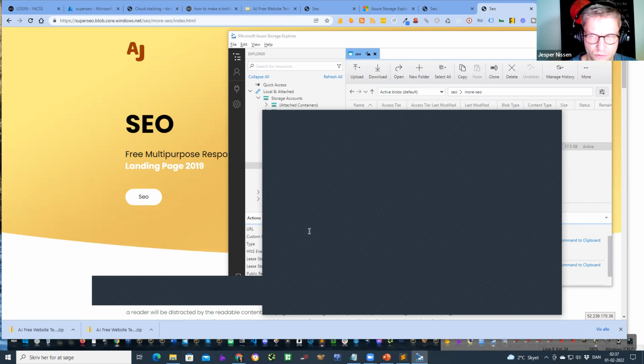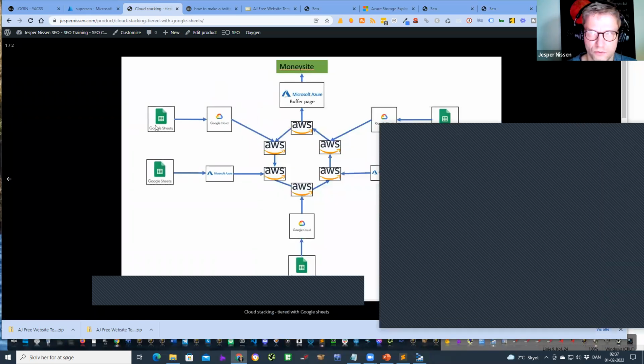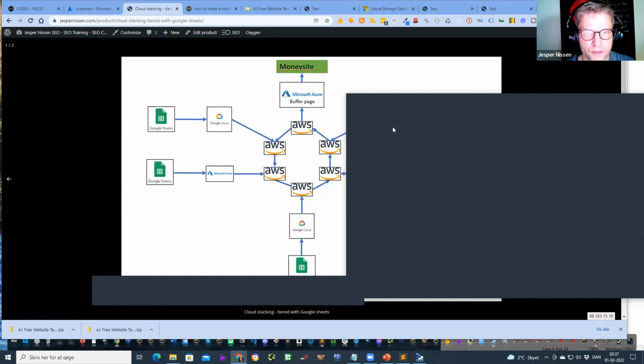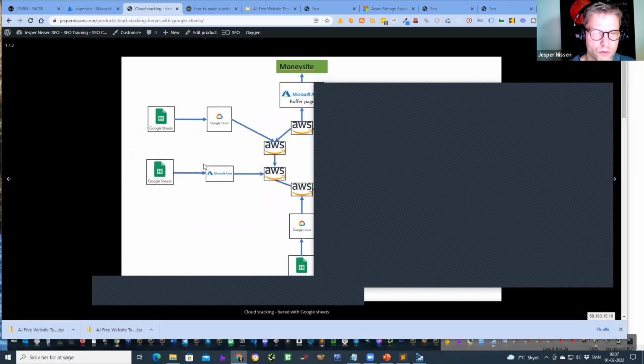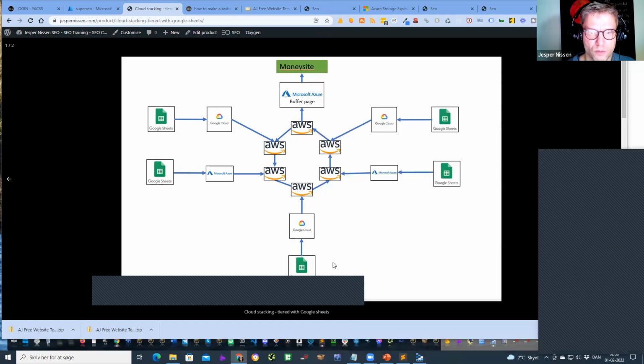So interesting, yes, but you don't use Twitter Moments or expired tumblers to link to the cloud pages. Yes, I do that also, but I just don't do it for the gigs here because it would be too time consuming. But for my own properties, I send Twitter Moments to all these cloud pages. Can you see my screen here with the diagram? When I'm doing this for my own web pages, I make sure to send Twitter Moments to all these pages to power them up, because it powers them up and it also helps with indexing.